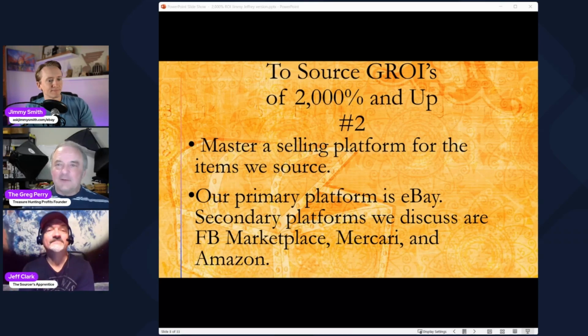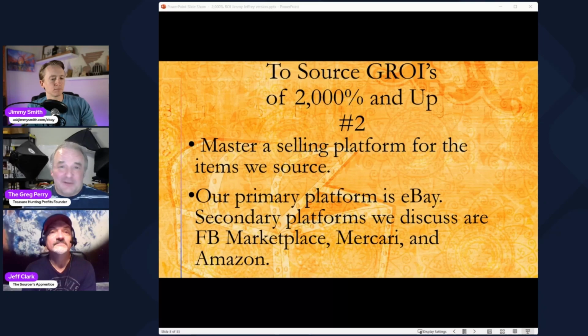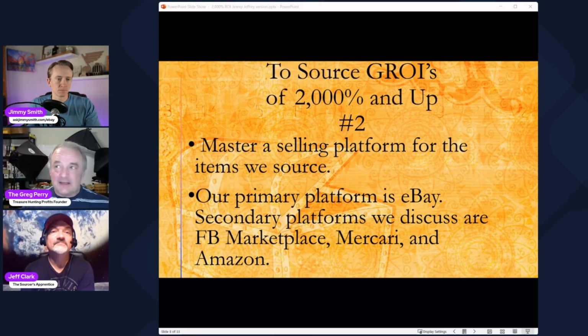Some resellers find that once they buy some items to resell, the prices start tanking and they can never make a profit. Our members will tell you, we just don't fear that. We don't fear price tanking. We show you exactly why. Due to the nature of our business model on Treasure Hunting Profits, we almost always get rising prices or the same prices. And sometimes an item might take a year to sell. That's not so common, but it happens. A long tail item, that's okay. You'll find that you don't have to tank prices the way that we do it.